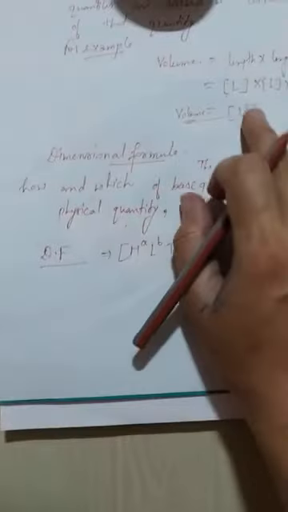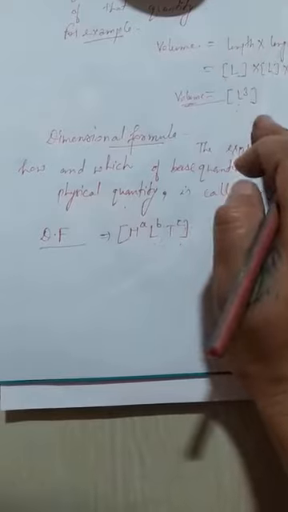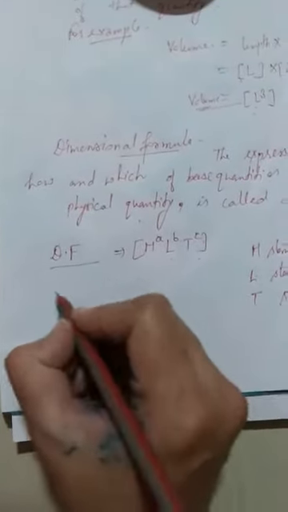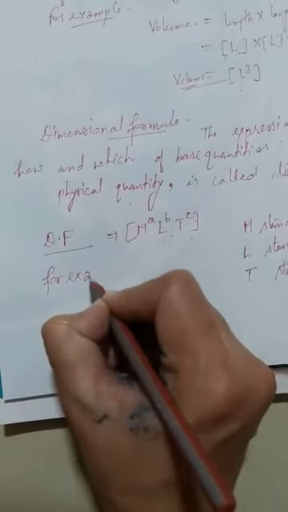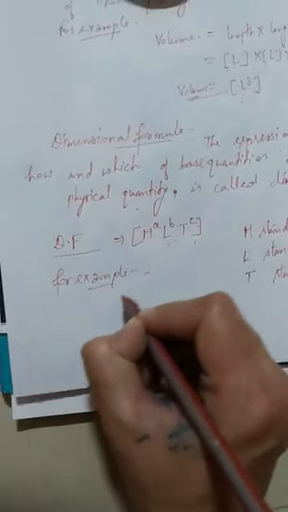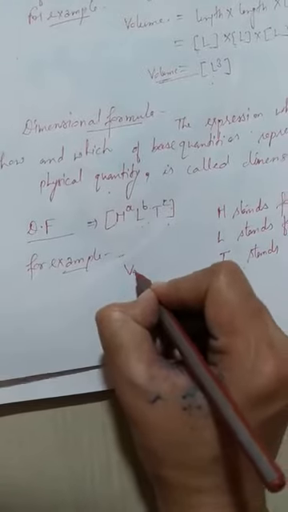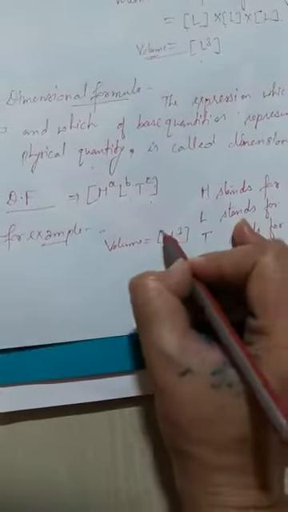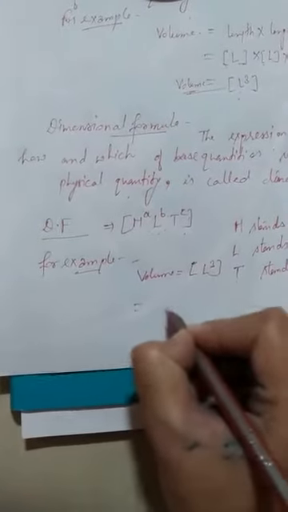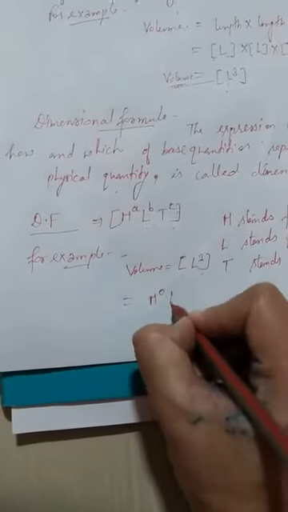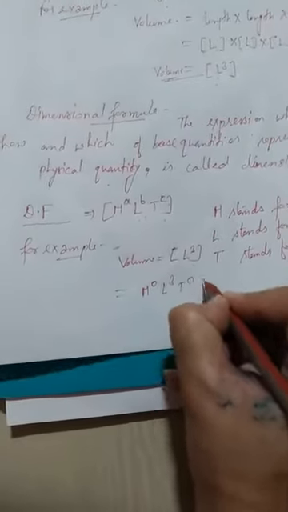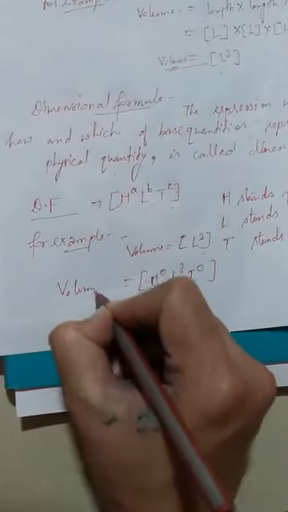Now above we have done the volume. If we represent it in the complete dimensional formula, how can we represent it? Volume equals L cubed. There is an absence of mass and an absence of time. So we can write M raised to power 0, L raised to power 3 and T raised to power 0, because any term raised to power 0 equals 1. This will be the dimensional formula of volume.